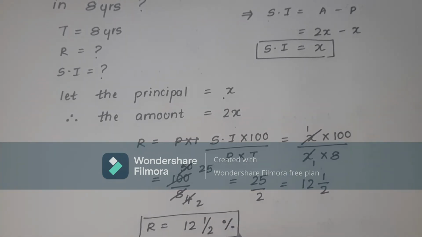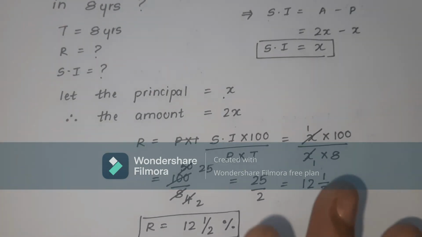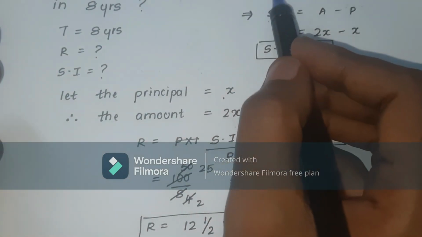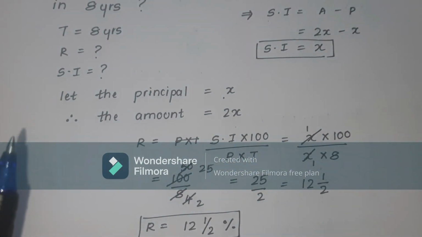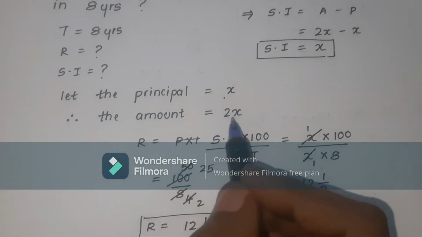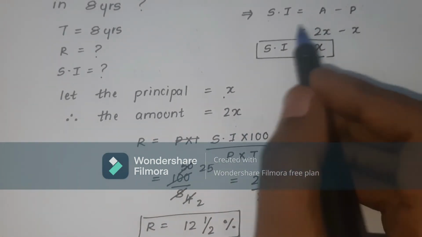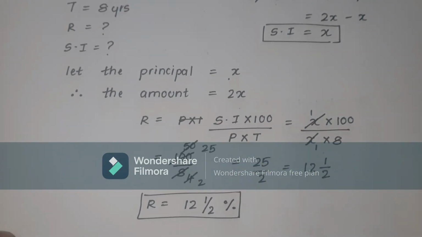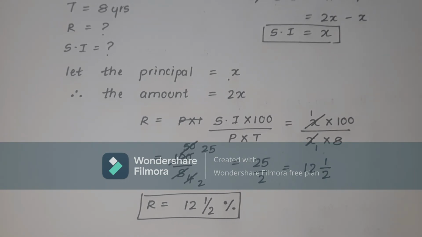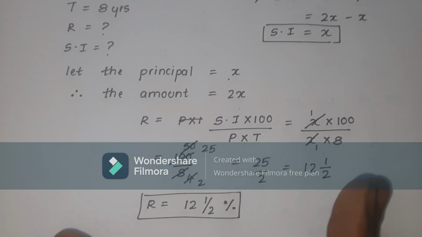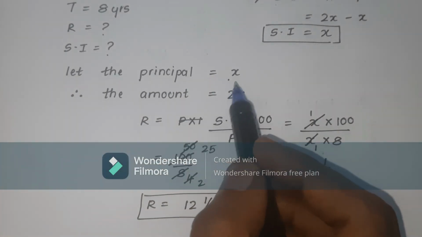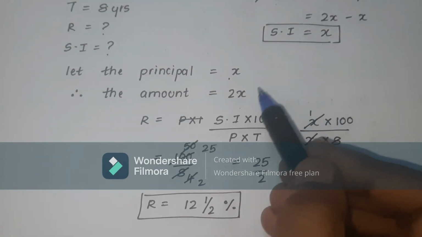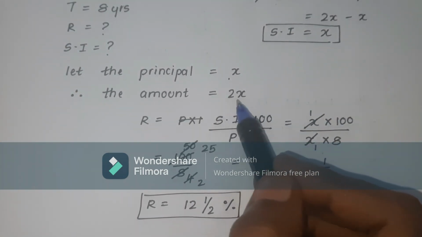This is how we can find out the rate. So student, you just need to consider the principal as x. Obviously they are saying, according to the given condition, double. The amount will be double after 8 years. So therefore the double will be 2x. Then we know the basic formulas. Based on the basic formula, we have solved this question, student. So it's very easy and twisting one, no problem. Whenever this type of question comes, student, you need to deal with it by assuming the principal as x and the amount according to whatever condition is given. So right now the condition was the amount will be double, so we have taken double means 2 of x.